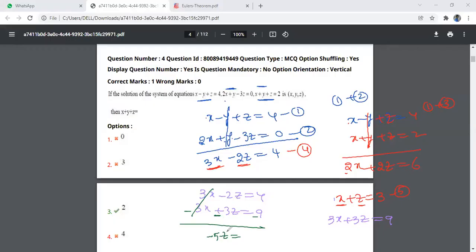Correct, only we are doing. This is minus 5z is equal to, this is minus 5. So what is the z value then? z is equal to, we can cancel this minus and minus, 5 and 5, because if 5 comes this side it will be divisible. So z is equal to 1 we got. Simple. z is equal to 1.